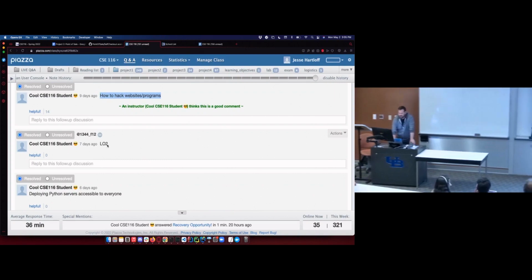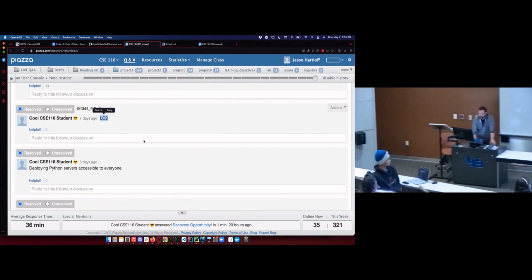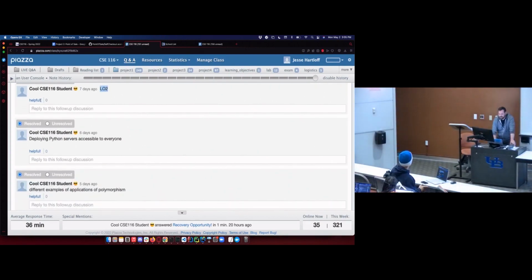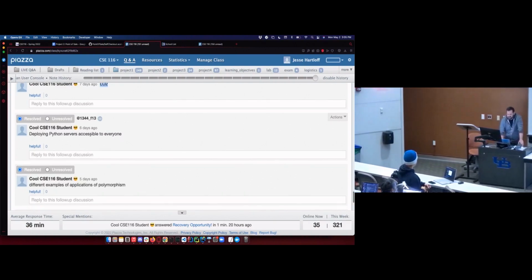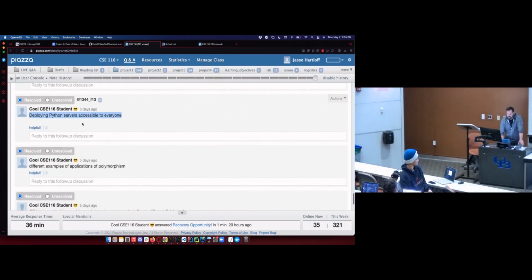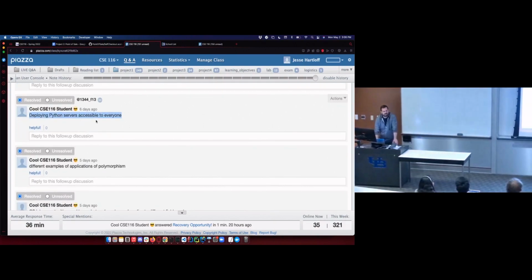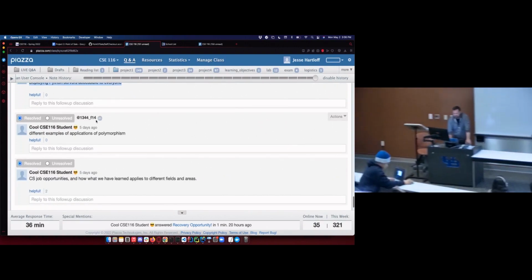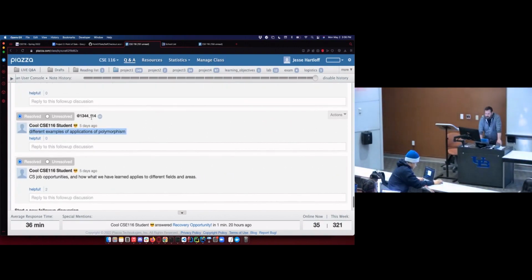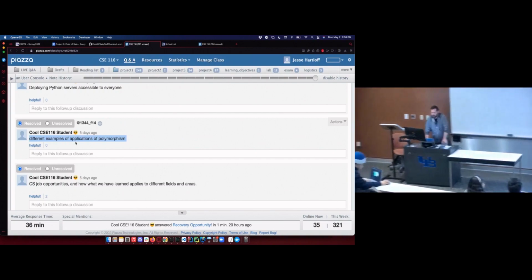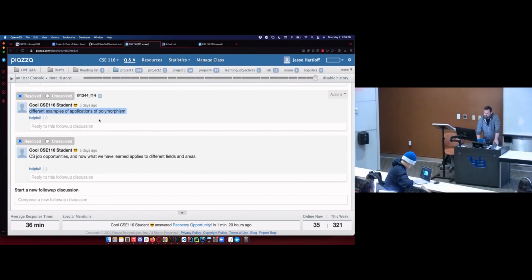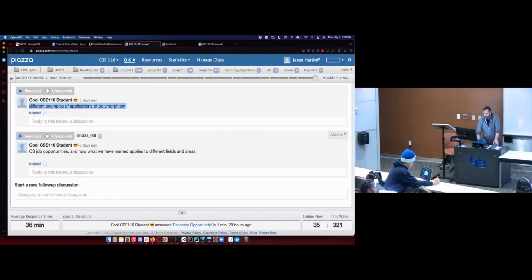I want to go through the rest of this because there's nothing else to talk about. LO2, that's super vague. Also, you can upvote your own comments, so even the commenter didn't want this. Deploying Python servers accessible to everyone. This is something I do in 3.12. If you're interested in that kind of stuff, 3.12 is where you want to be. I wish that did get more traction because I'm all prepared for that for my 3.12 lectures. And different examples, application of polymorphism, didn't get traction. And jobs got a little bit of traction, but